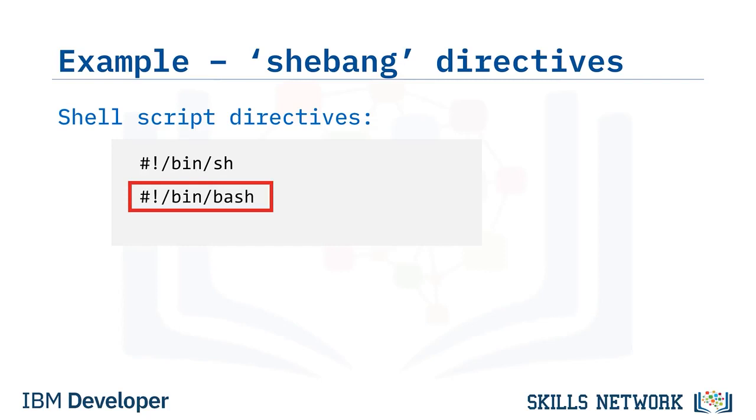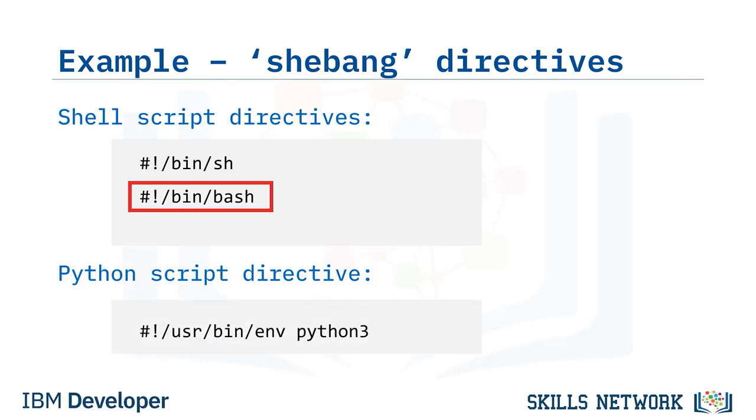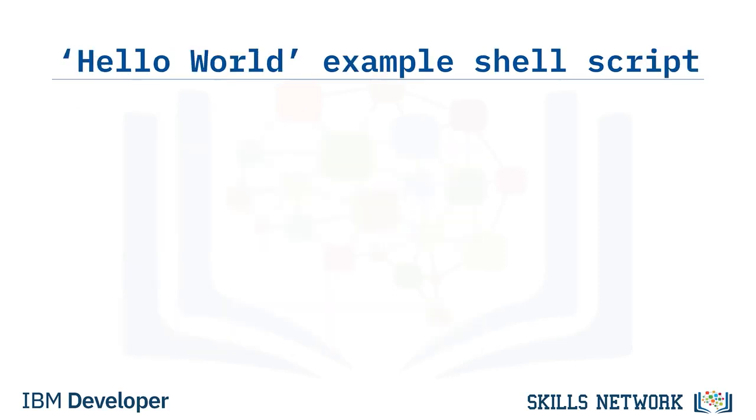#!/bin/bash, the shebang, invokes the bash shell. Shebang directives aren't limited to shell programs. For example, you could create a Python script with the following directive: #!/usr/bin/env python3. Here we demonstrate how a shell script can be used to run a program with a simple Hello